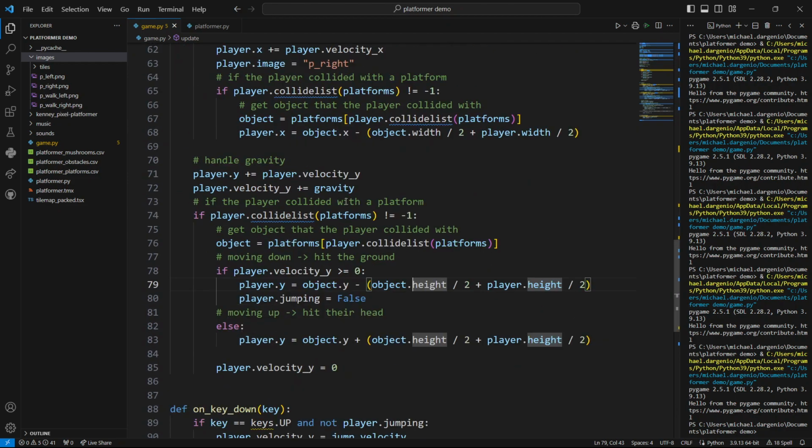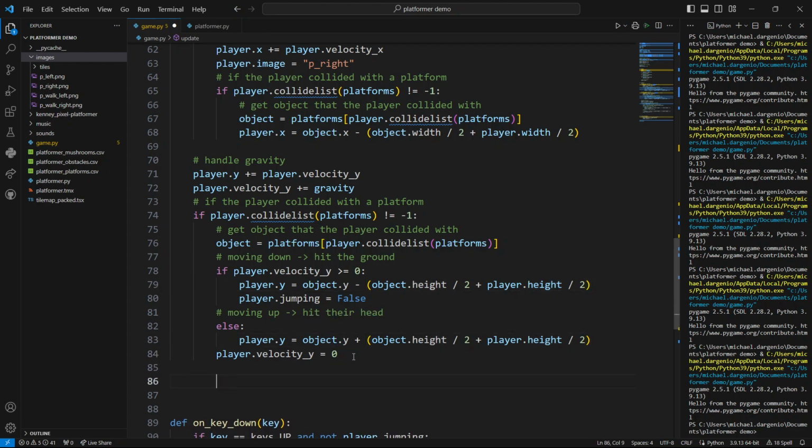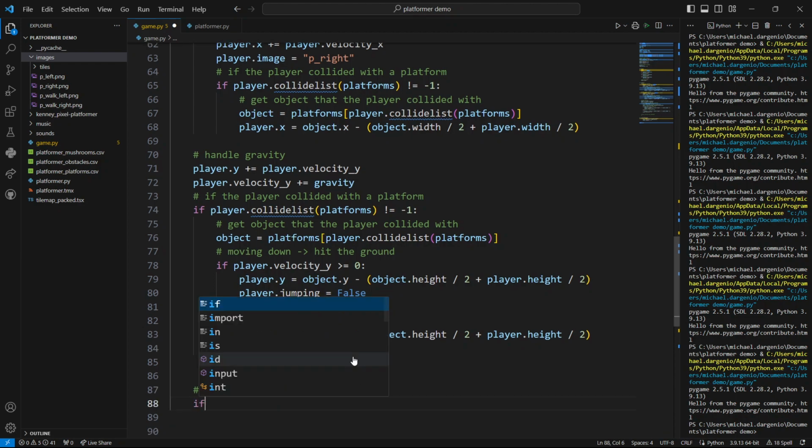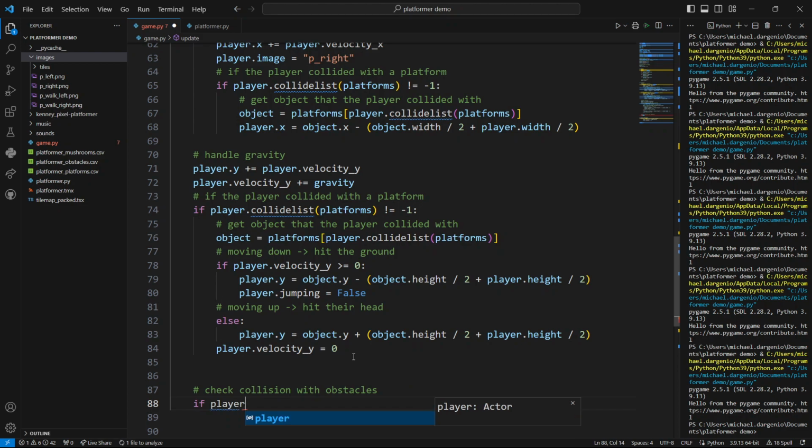All right, so this is what we've got so far. So what we're going to do is after we handle all the movement here, we're going to add some stuff. So let's first check collision with obstacles. If the player collided with the obstacles, we're just going to do some game over condition here. Since we know about collide list, which will check collision with any actor in a list of different actors, what we'll do is say if player.collidelist